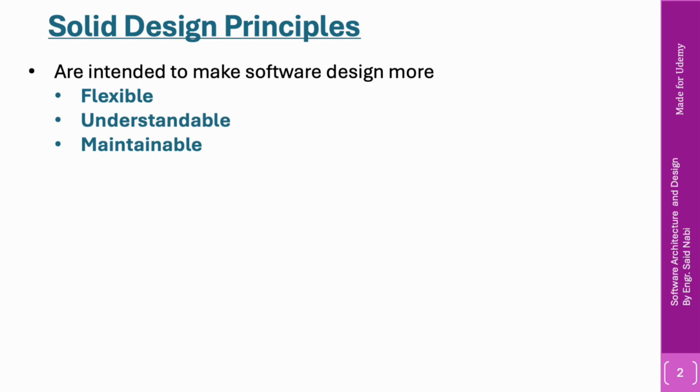In today's world, if you are using WhatsApp, YouTube, or any other app like Spotify, Netflix, all these apps are well planned, and they are made according to these SOLID design principles. That is why these systems are maintainable, scalable, and understandable. So SOLID principles make software design flexible, understandable, and maintainable. For example, a ride-sharing app like Uber needs to evolve constantly. So adding new services or payment options without breaking the existing code, we need every now and then. So SOLID principles guide that evolution safely.